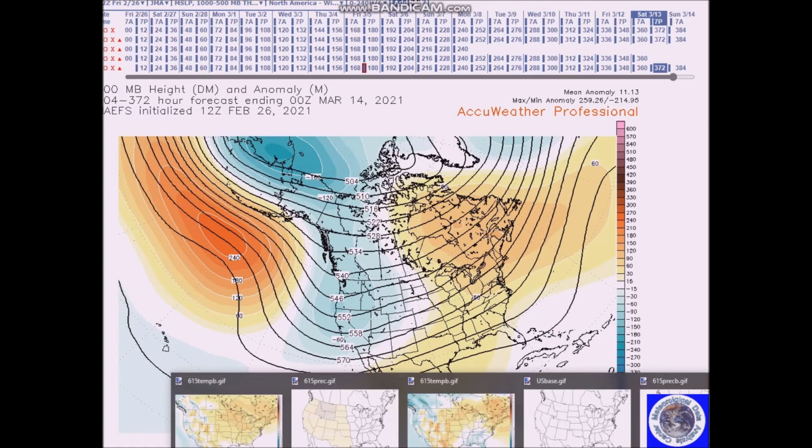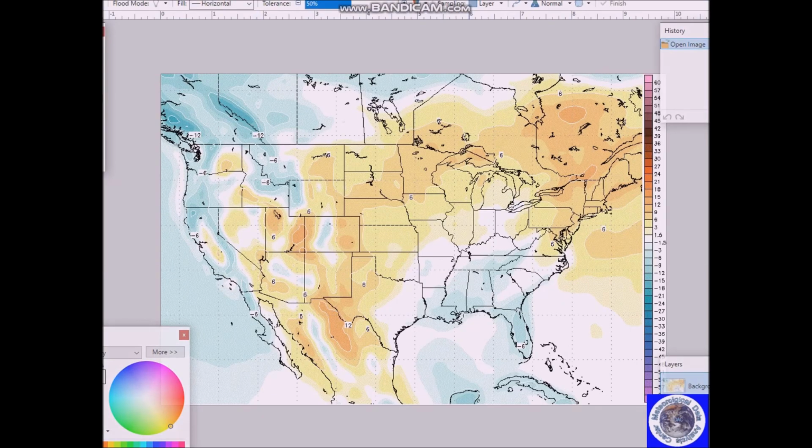So for this forecast period, I am forecasting below normal temperatures for the west coast and the northern Rockies. And I'm forecasting anomalies of 4 to 6 degrees below normal, and then above normal temperatures are forecast for the remainder of the country, with anomalies of 4 to 6 degrees above normal. This is the closest I can get this, even though I don't think this is going to be wholly true. It could with the moisture in the area, but I'm calling for above normal temperature for a majority of this region.